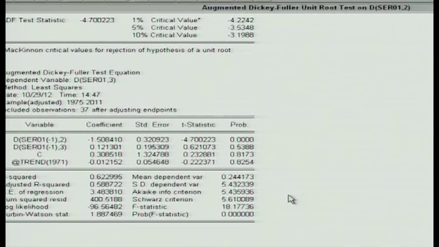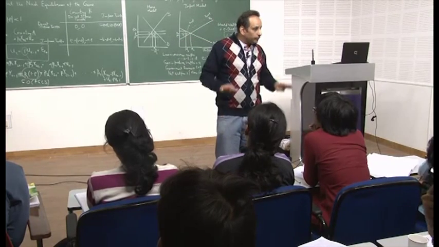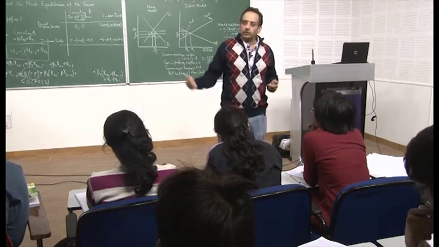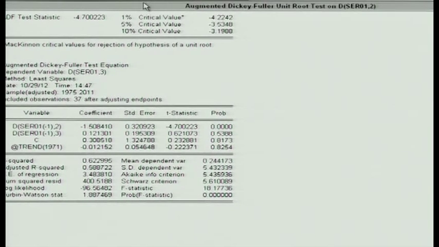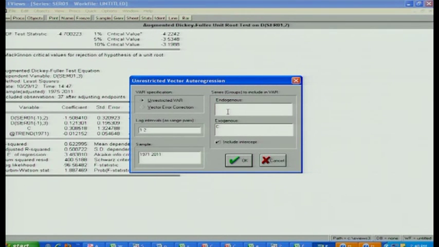Now, you check for each of these, if all of them are integrated of the same levels, then you can apply co-integration. If not, then you cannot apply co-integration, then you have to apply VAR. So, that is what we found, that some of the series are I2, some are I1, some are I0. So, you end up doing VAR. And in VAR, now that I am in eViews, look at this quick, you have to put all the endogenous variables.